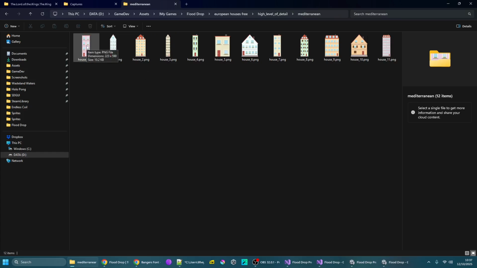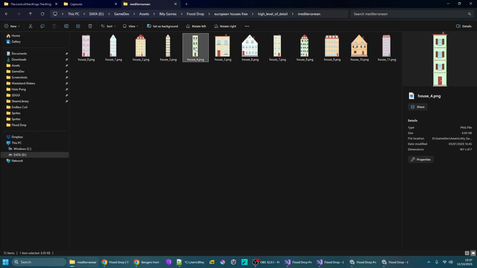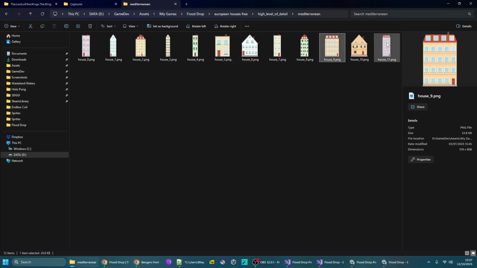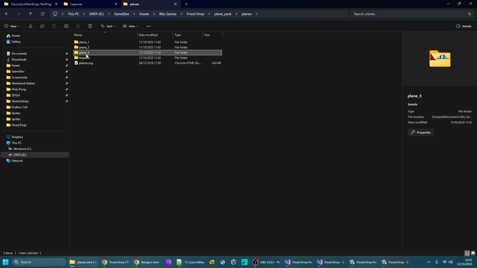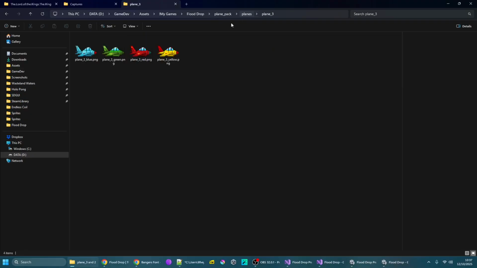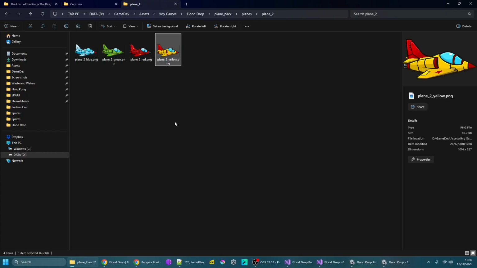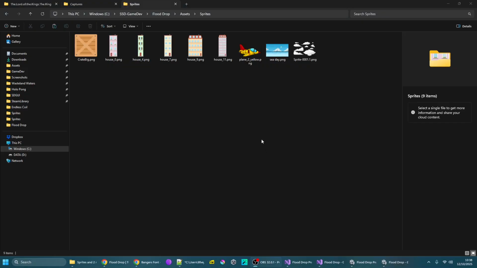And I'm using house 0, house 4. 5 was actually too small. It sunk underneath the sea. It didn't pop over. House 7, 9 and 11. And for the plane, you can use any of the planes that you like, and the one I used was plane 2 and this yellow one. I've dropped all of those files into my sprites directory that I created under the assets, but now what I'll